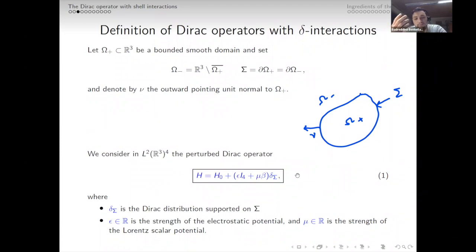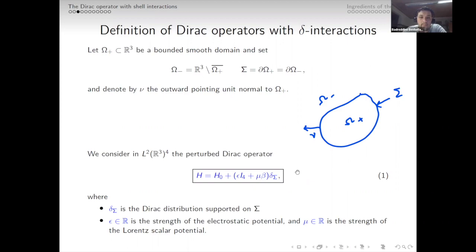So the story of the study of this Dirac operator is long and goes back to a paper by Dietrich, Exner, and Shiba. I'm going to discuss a bit more about the literature later on. So the first thing to do is to give a meaning for this Dirac distribution and define this operator